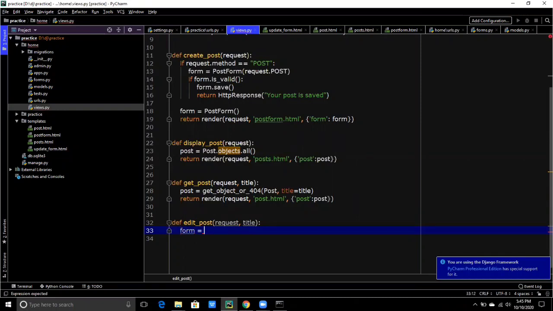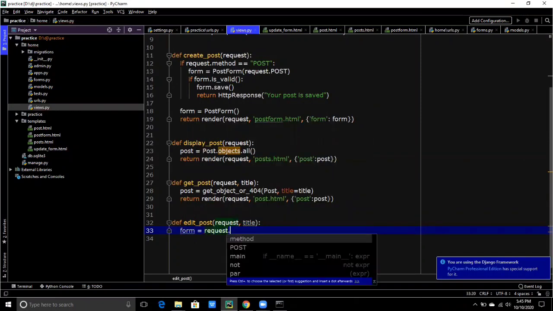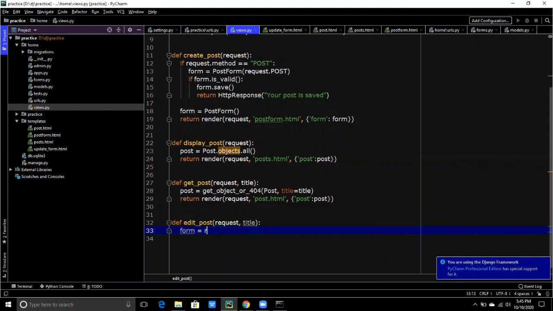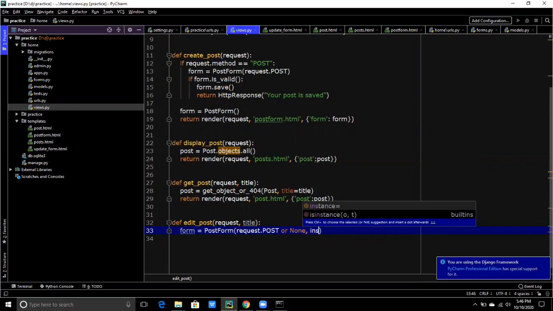So form and request dot, okay, the form will be post form, and our data will be in the form. The request will be post or none. Okay, now we need instance, because instance is an object. You can say instance is an object,